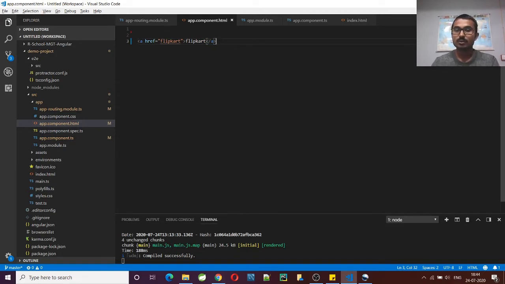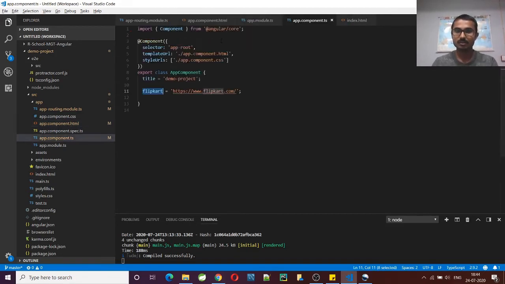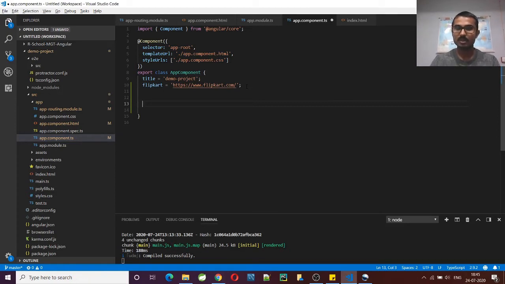To understand event handling, before that let's see how to create methods in Angular. To create methods in Angular, we just give the method name. For that, I'm giving a method name as handlePage. Just create a method like this and give the curly braces. That's it. This is the way to create a method.